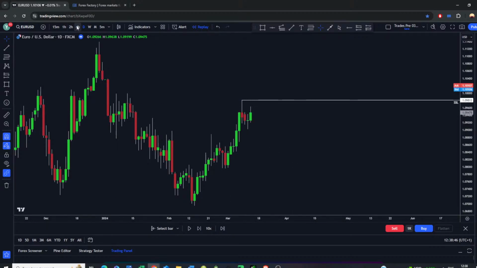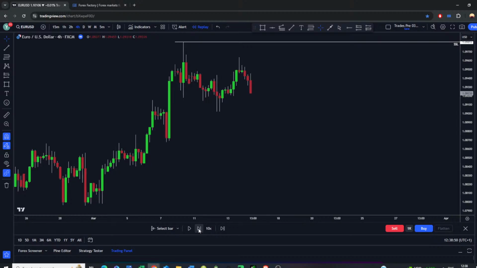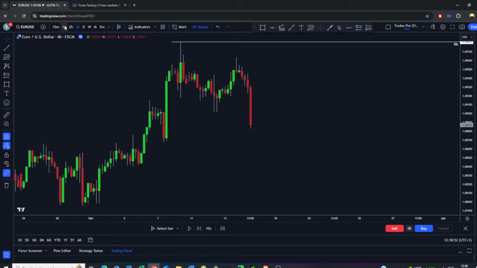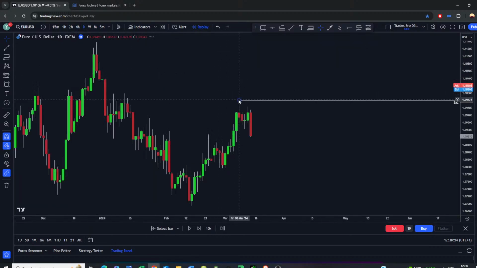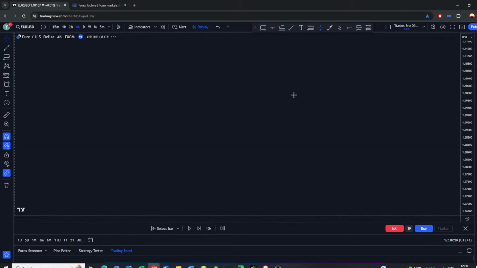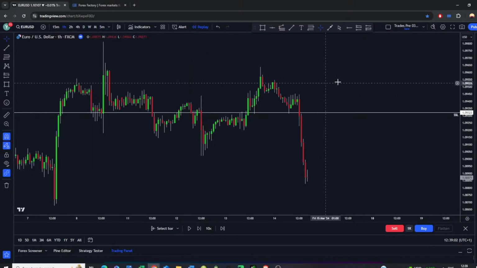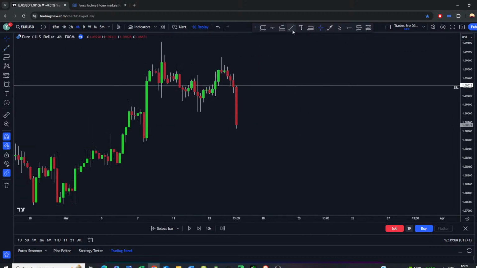Another sell side liquidity formed. Let's see how it reacts at that level. Looks like we have gotten displacement way before price gets to that level. And we've come down very strongly, closing past these fair value gaps. The next drawn liquidity for me is here. Sell side liquidity grab,